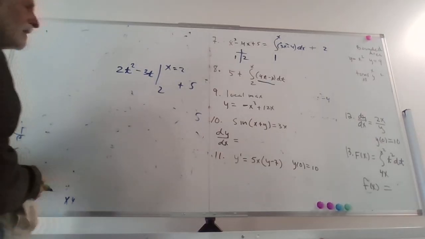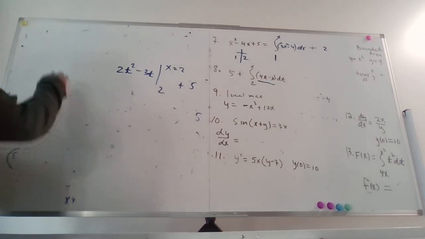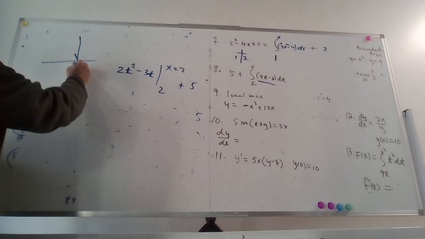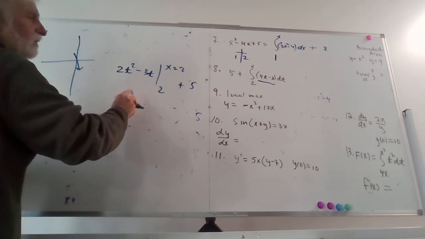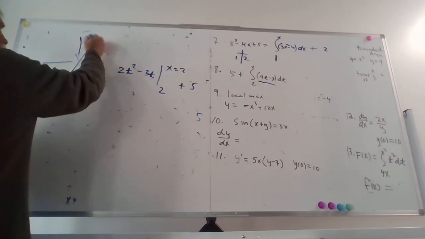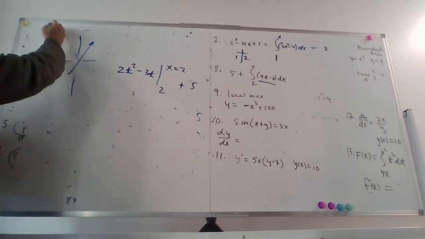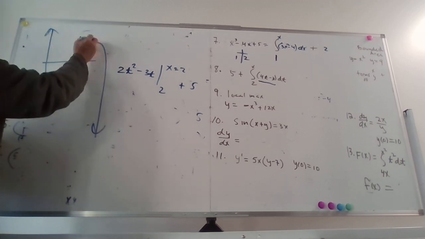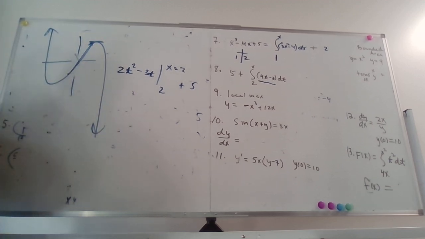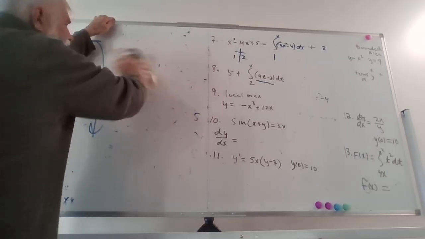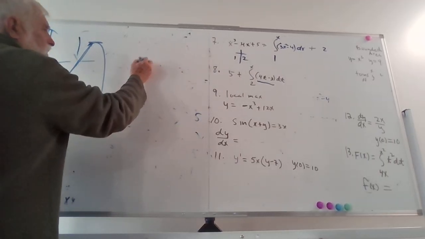Local max for minus x cubed plus 12x. That is actually in graphing form. So we're going through the origin at, was it positive 12? Oh, we're going up through the origin at positive 12, right? But it's a negative cubic. So we're going to get something that looks like that. Local max is on this side. Be helpful if I put the problem in front of you. So we're looking at this function,